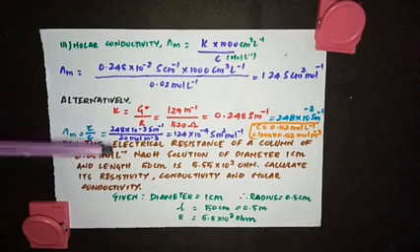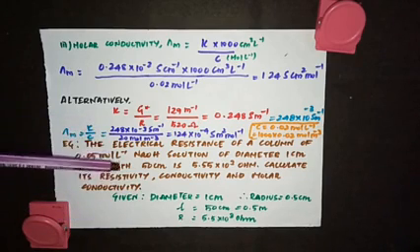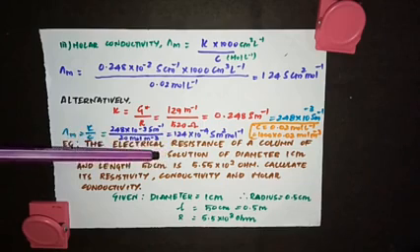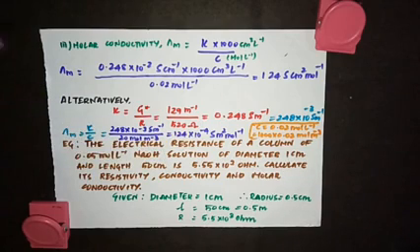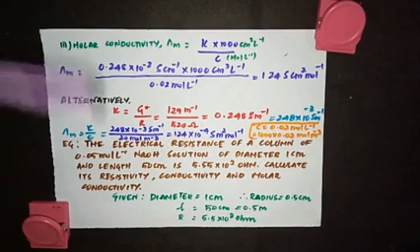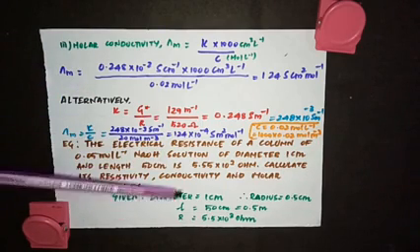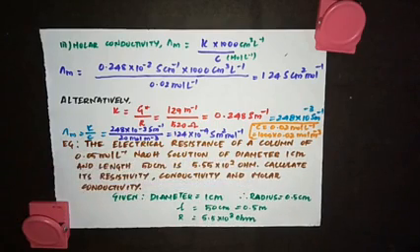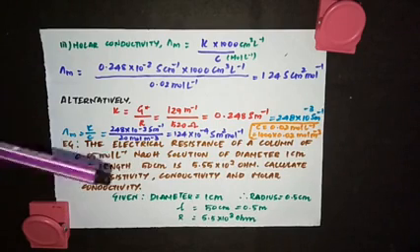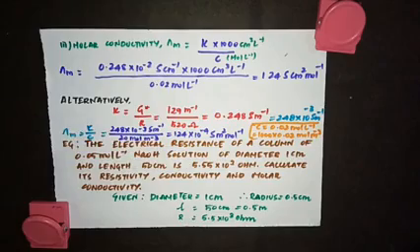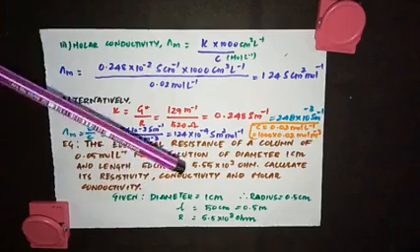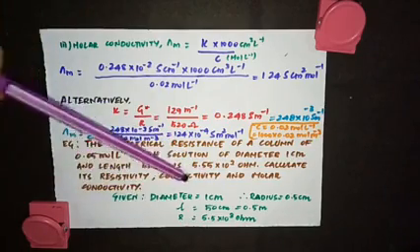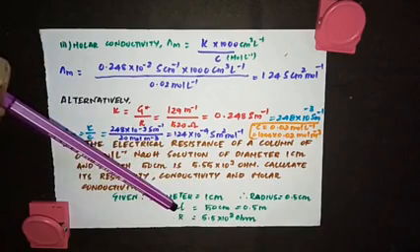What is A? Area of cross section. L is the length. Length is given, but area is not given; instead the diameter is given, so we have to apply the formula to find the area. Diameter is equal to 1 centimeter, so radius will be 0.5 centimeter, because the formula for area is pi r square. You can use the radius, or directly use the diameter, since you will get the same value. L is equal to 50 centimeter.